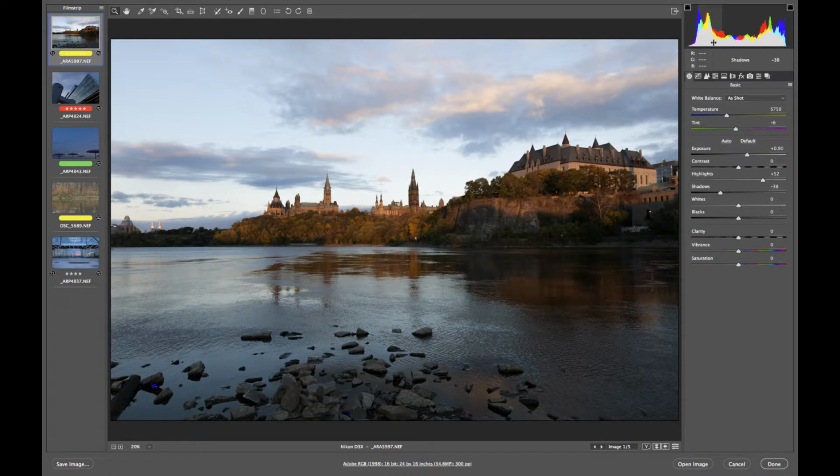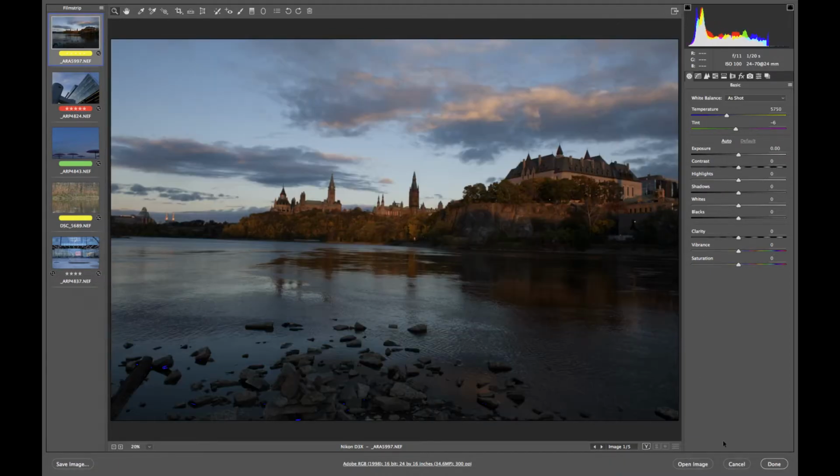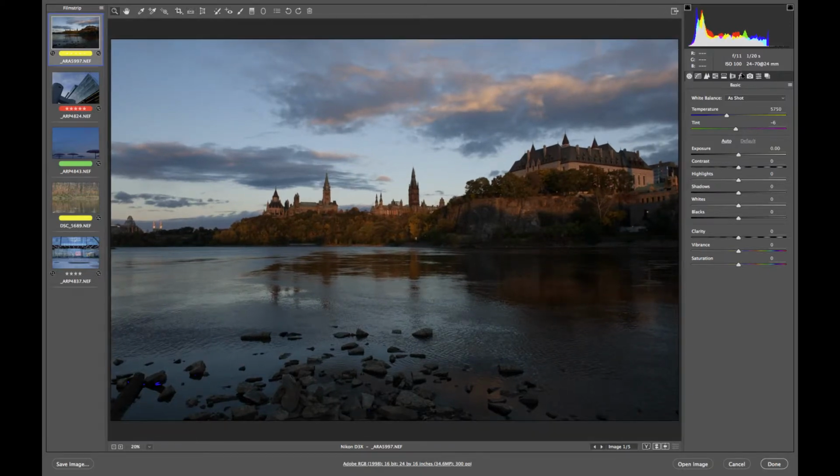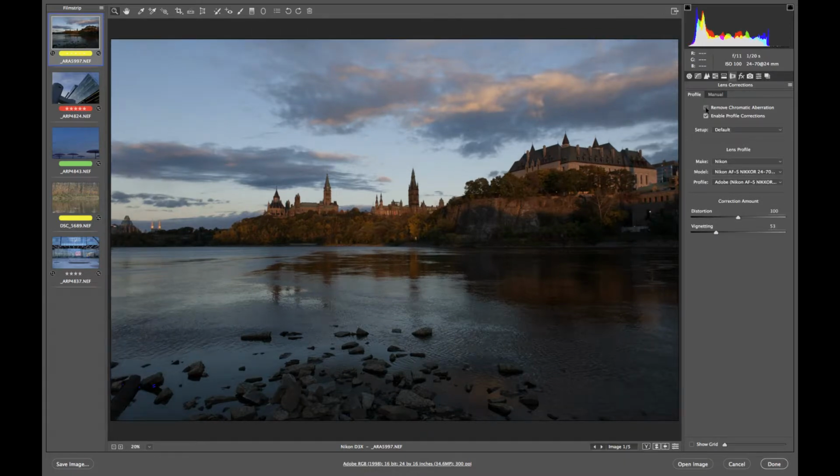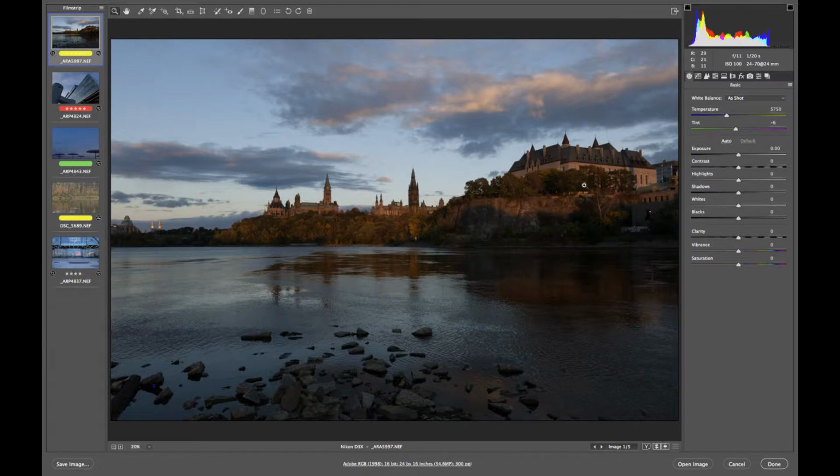The other way, which is a relatively new introduction, I'm going to reset it, if you don't mind, to what it was, other than just the straightening of it, and besides the straightening, my lens profile. So now that I have this, the next step, and what you should consider as a starting point, is explore the drop-down menu and see what might work better for you. So this was very late in the day, so I might say cloudy, and the colors change, which look a little more realistic than what they were apparent